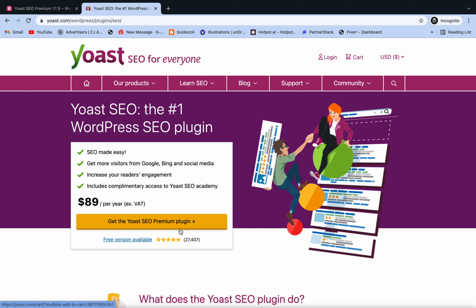So a Yoast SEO plugin is a must, and by default this Yoast SEO plugin is installed in WordPress. Not in some cases, but in most cases you get the free version, and for the premium version you have to pay $89. So let's see how we can get this premium version.